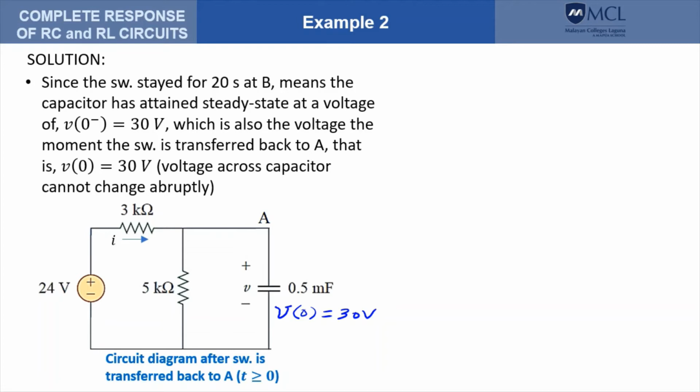Also take note that we have moved t equals 0 as the time when the switch is transferred back to A. So to solve for V,